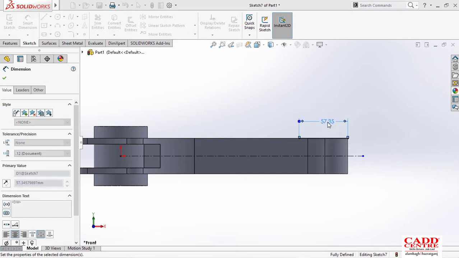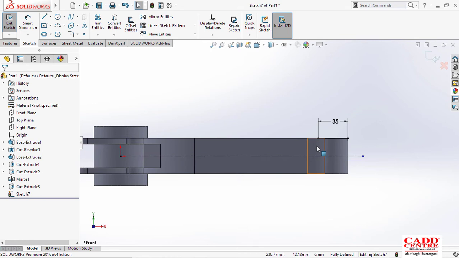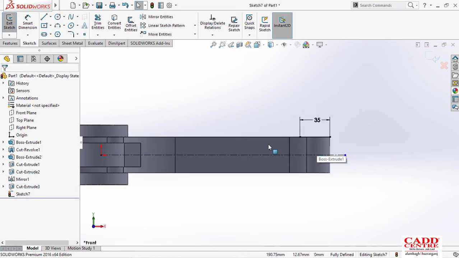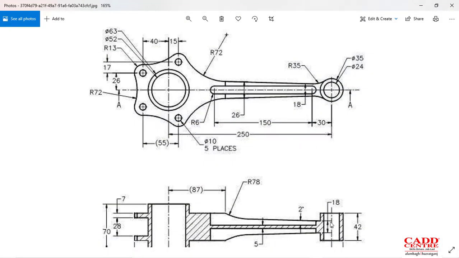So I'll just give 35 length, and this is the same length of line from where we have to just move it downward. And they have given the separation from the midpoint. They have given the separation from the mid plane as 18, but we are just counting it from the midplane, so we just consider 9.